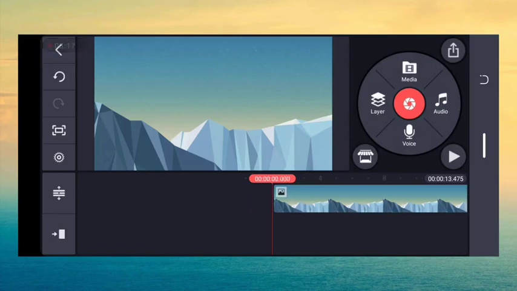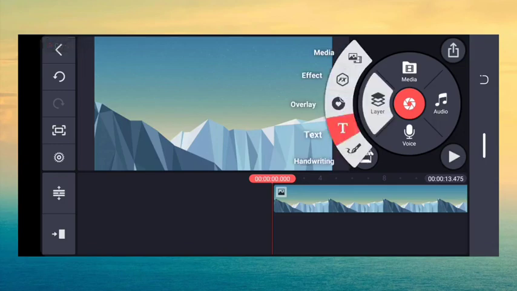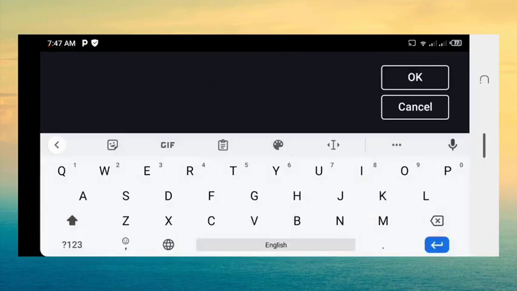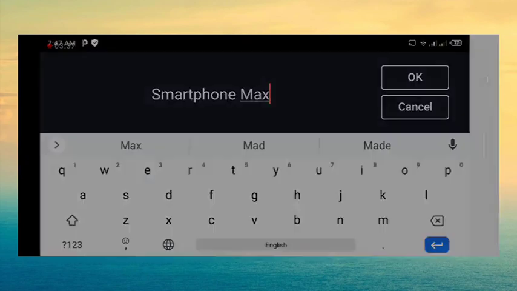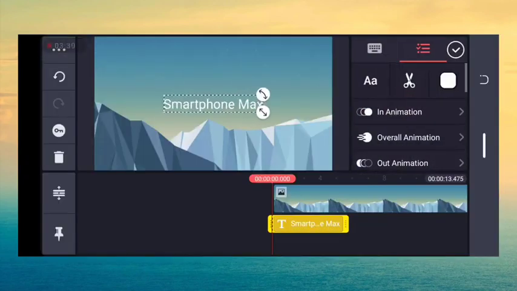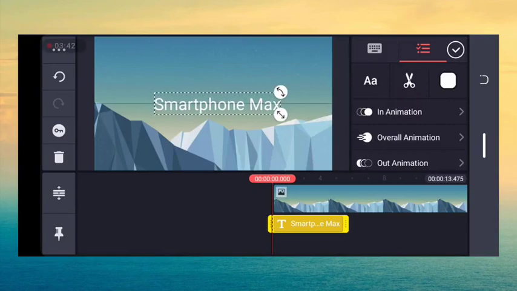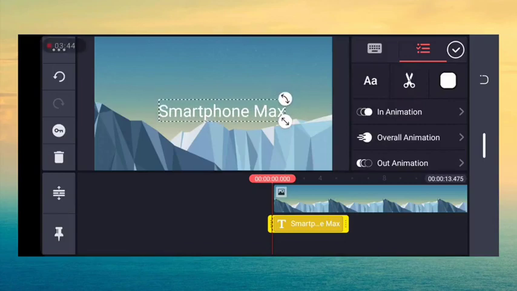So now if you want to write on your background, what you are going to do is you click on your layer and then you click on text. That is when you can write something on your background. Okay, let's write something now. Okay, let me write smartphone max. So this smartphone max now, if you want to change the font, just click on your capital letter A and small letter A over here,